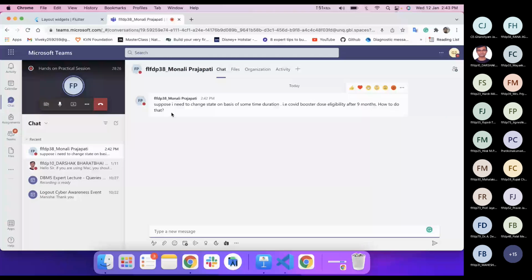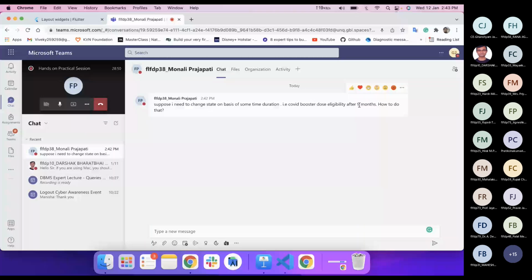Suppose I need to change state on the basis of some time duration. So time duration, COVID eligibility after 9 months. What you can do is store values in your database.